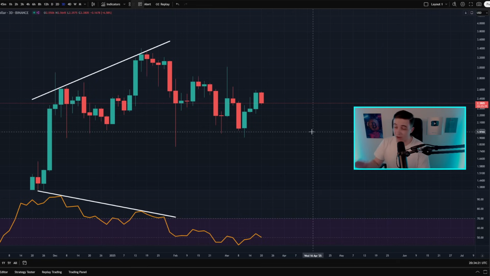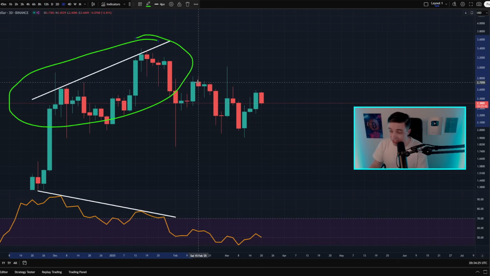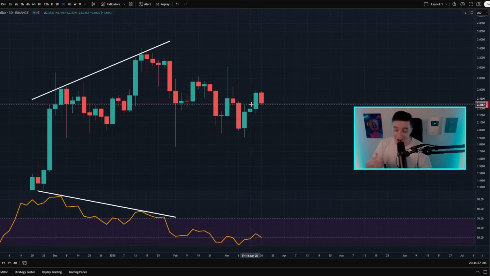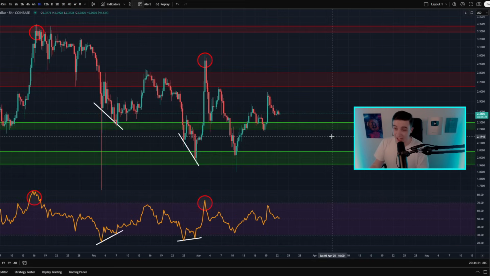So getting straight into the price of XRP on the 3-day time frame, and right now this larger bearish divergence is technically still active. So once again, not a lot has changed on this chart for XRP over the last 1 day. But if we're taking a look at this 8-hour time frame, looking at the shorter term,